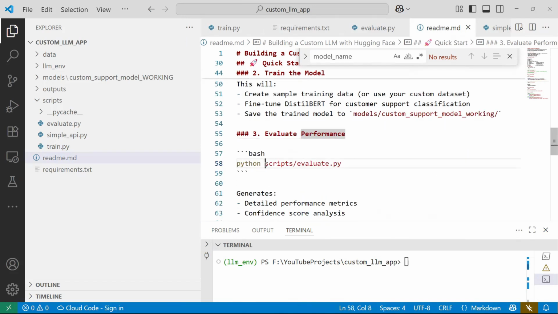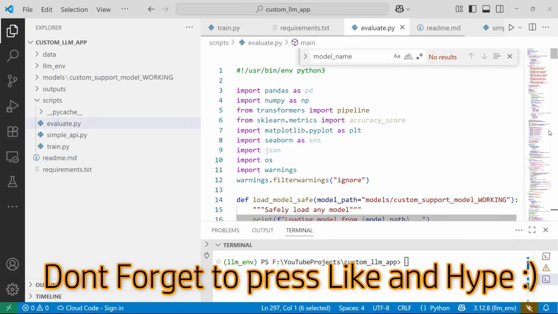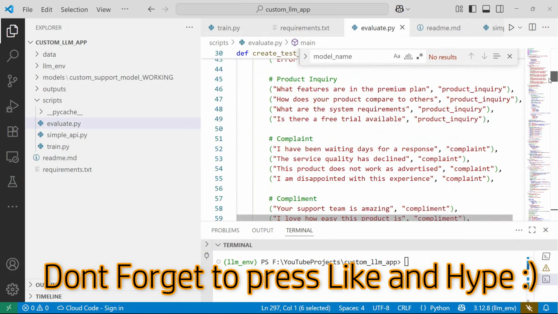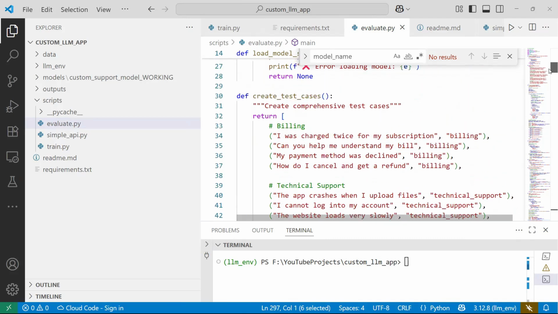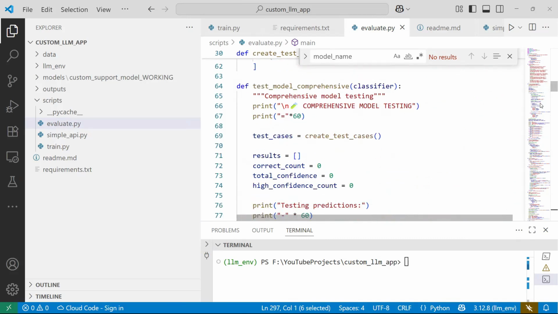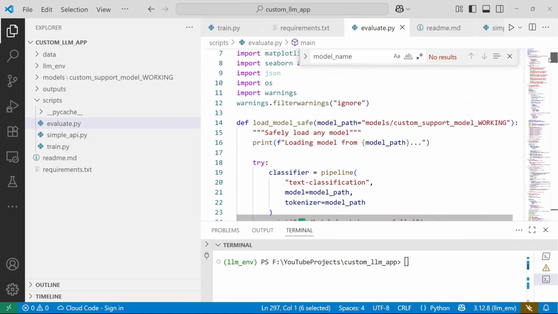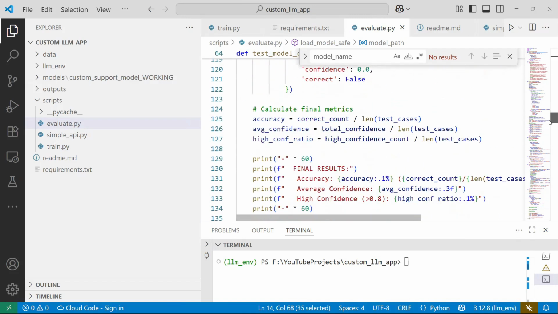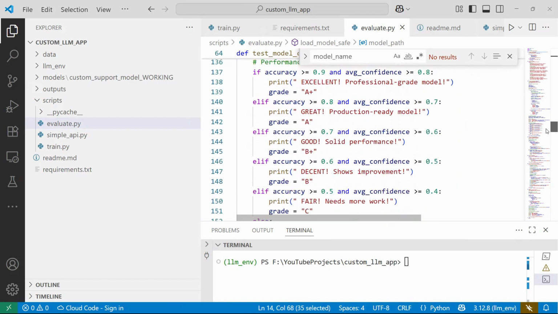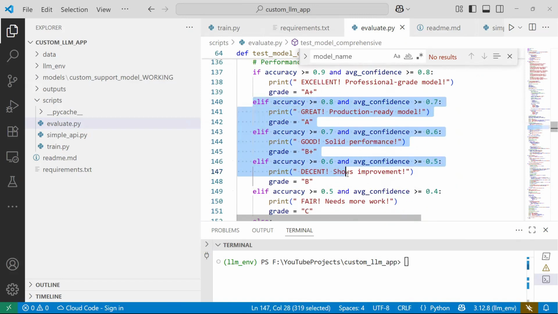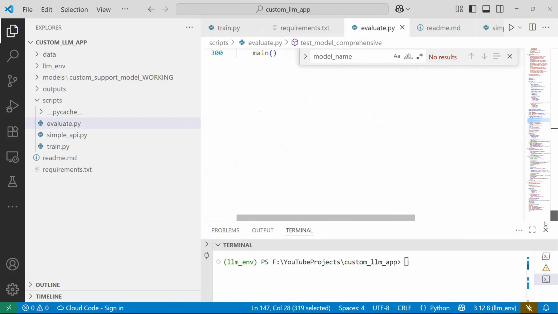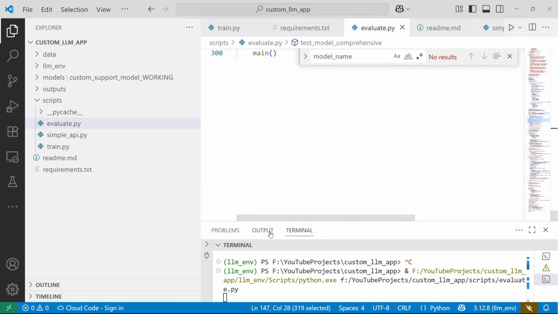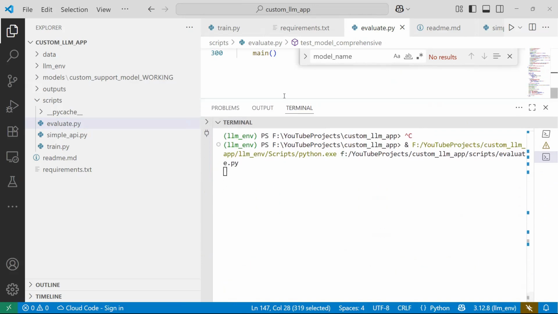Now to evaluate the model performance, I will give some data here and ask the model to evaluate again, for example in different categories: billing, support, complaint categories. This is simple. We will just load the model. I'm giving the model path, you see here models, custom support model. From the model path, it will take the model. It will compare against the original labels, which we are giving also, and we are just classifying how the model is doing based on A, B, C, D, E. If you run this evaluation, you will see that it gives us confidence scores on different categories.